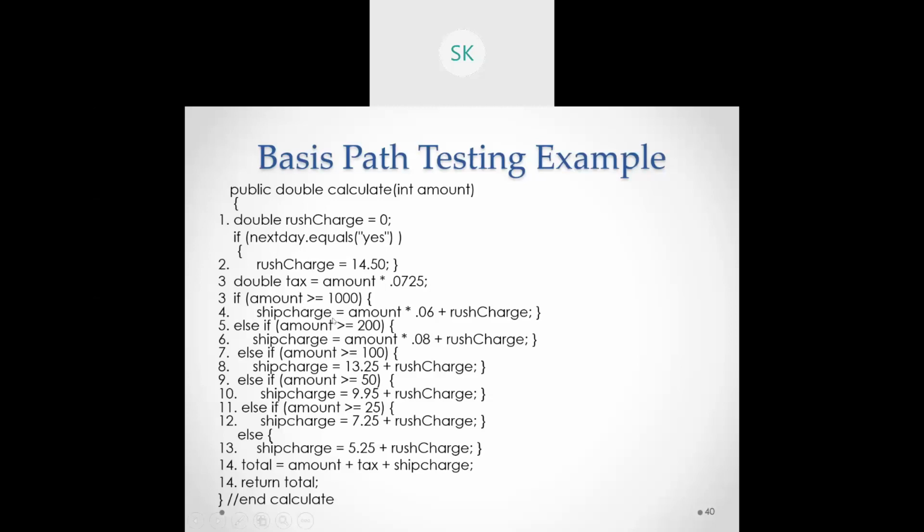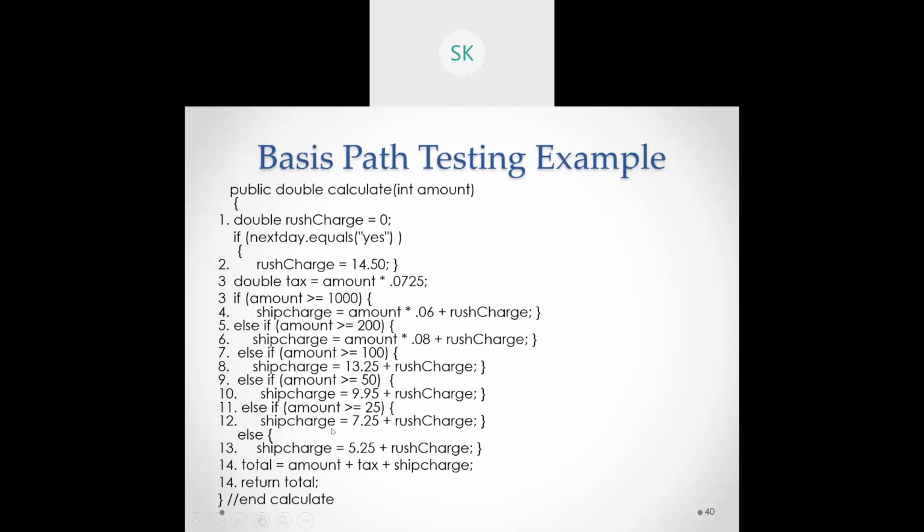So once it is done, the next statement is taken into consideration, then it will be calculating the shipment charge. If the amount is greater than or equal to 1000, if it is greater than or equal to 200, between 200 to 999, the charge will be different, shipment charge. If it is between 100 to 199, then the charges will be different. So all the time for shipment charge, they will be fixing a certain percentage with respect to the amount plus the rest charge. If it is within that 100 to 199, they will be fixing one particular amount. That amount you need to pay, you need to pay that much money. There is no doubt at all.